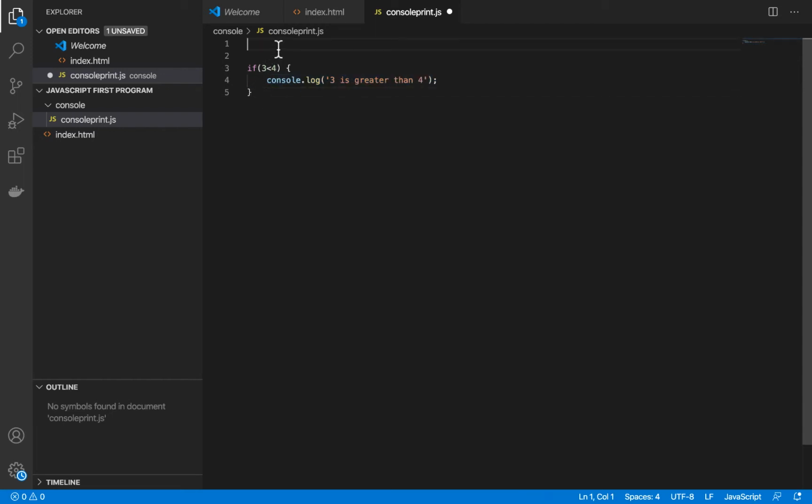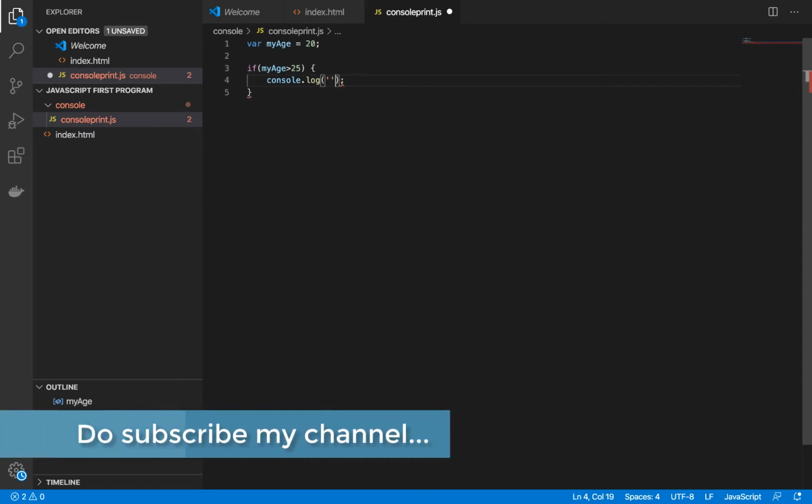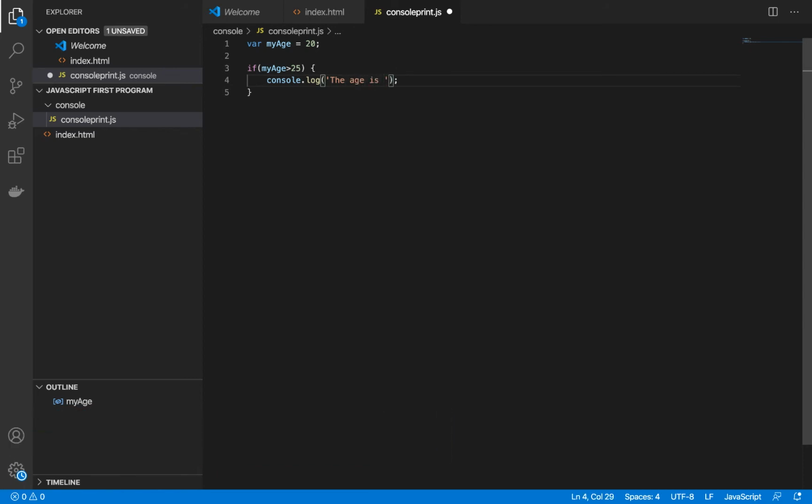Now there is one more case. Let's say I have a condition, and I will type my age as 20. I will put a condition which says if age is greater than, let's say, 25, then execute this code which says the age is more than 25.